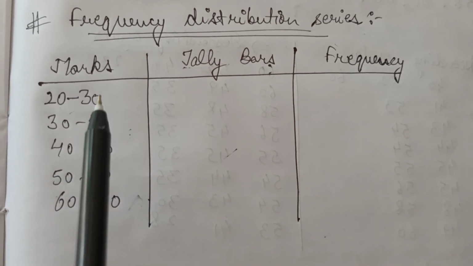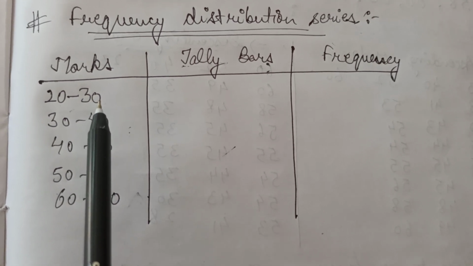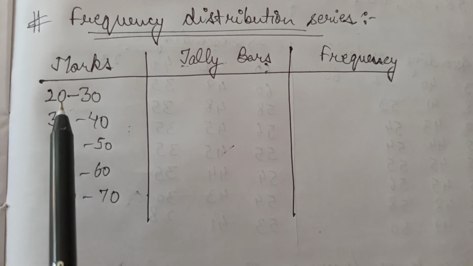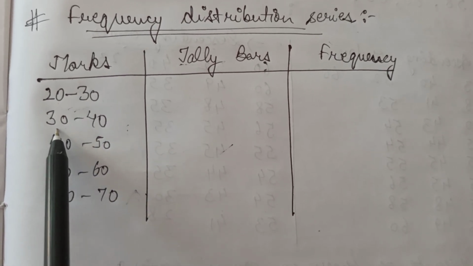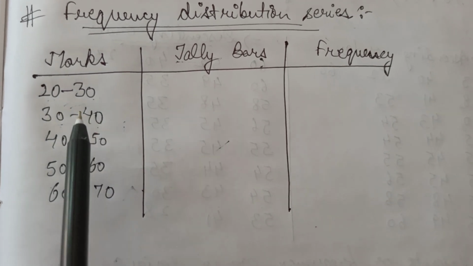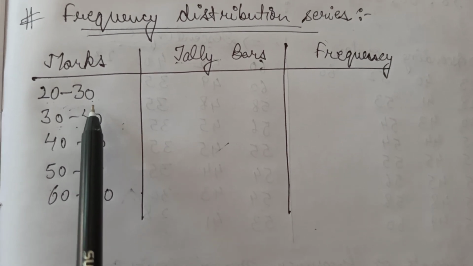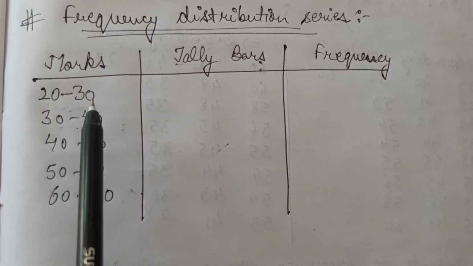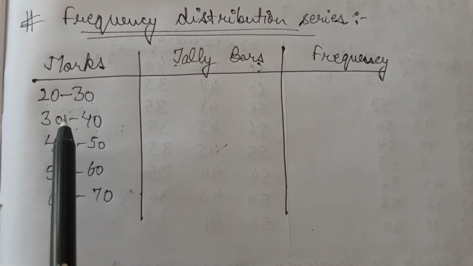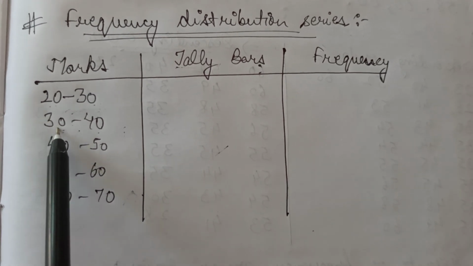So जो हमारे पास डाटा गिवन है उसमें हम देखेंगे कितने स्टूडेंट्स हैं जिनके 20 से लेके 30 तक मार्क्स आए हैं. But one confusion over here is that also कि अब ये जो 30 है इसको ये वाली क्लास में लिया जाएगा या फिर ये वाली क्लास में लिया जाएगा, that is in 20 to 30 and in 30 to 40. Now to solve this confusion, what has been done is, it is a convention you can say, or you can say a rule of thumb, that this 30 will be included in the lower limit, that is it will be included in the class 30 to 40.